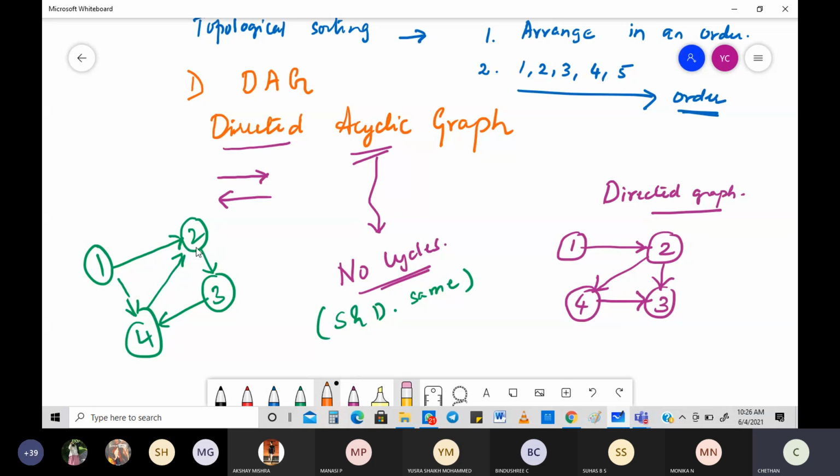But there's a cycle. What is that cycle? What is that cycle which you are talking about? Is there a cycle, first of all? I think there is no cycle. There is no cycle. But what if I change this? Okay. What if I change this entire thing like this? This from here to here.